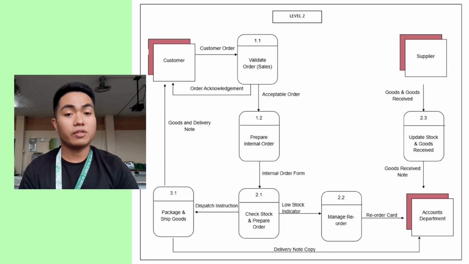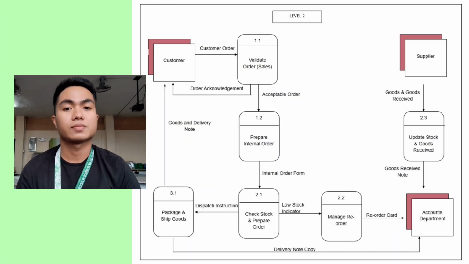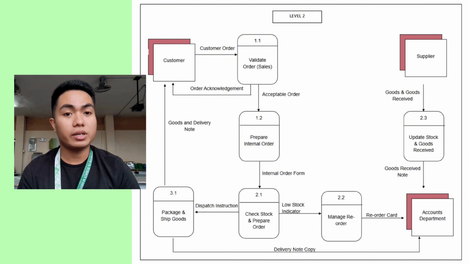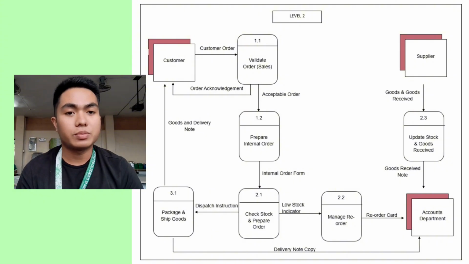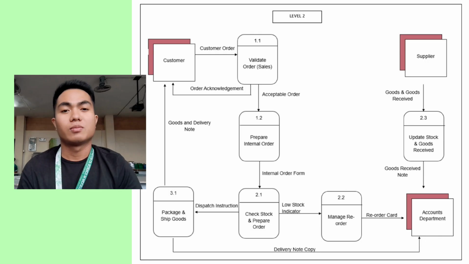In the level 2 data flow diagram, the process begins at 1.1, validate order, or sales, where the customer submits an order and the sales department carefully verifies the accuracy of the details, including item availability, pricing, and customer information. Once the order is confirmed, an order acknowledgement is sent back to the customer and the approved request moves forward